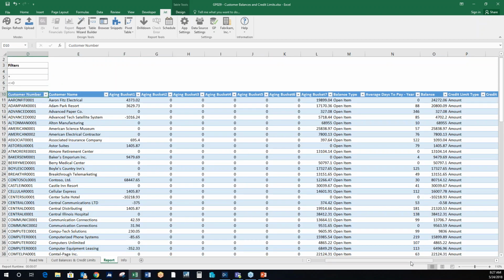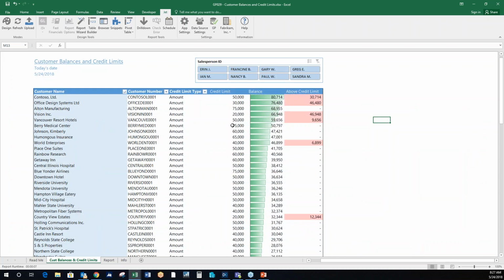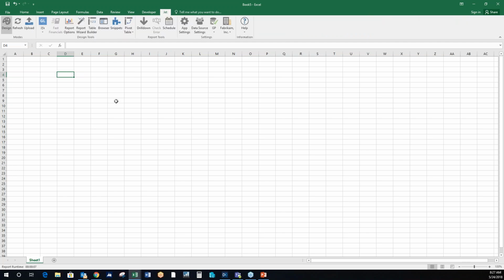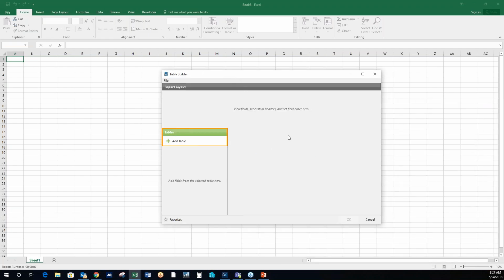And what it is, it's just a table. And then we've summarized it to make it look nice using the pivot functionality in Excel. And so I'm going to show you how to build pretty close to this report, maybe minus some of the conditional formatting for time, using the table builder. And so when I open this up, really what it is, it's an enhanced user interface for kind of ad